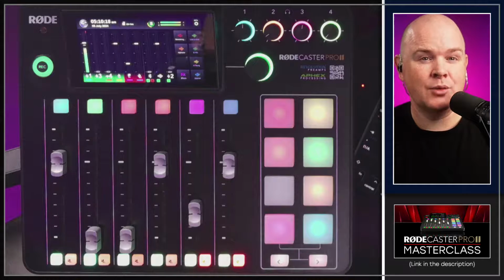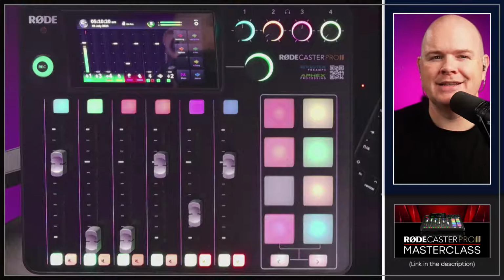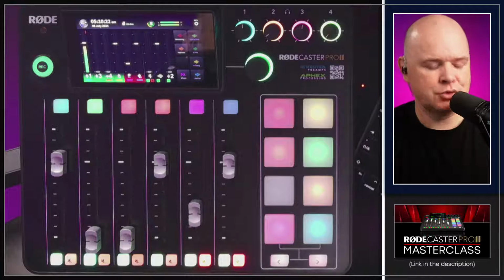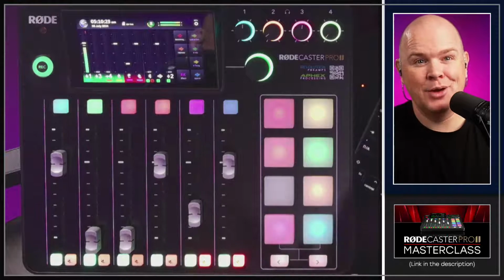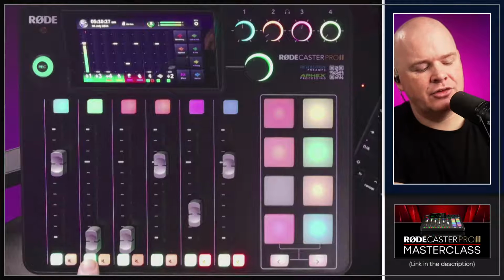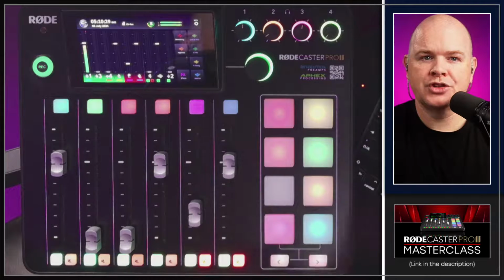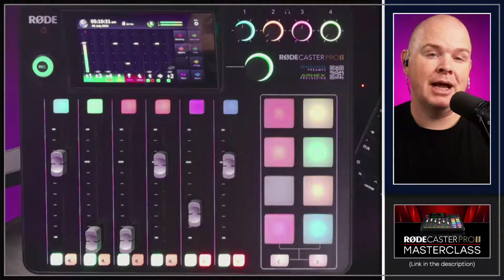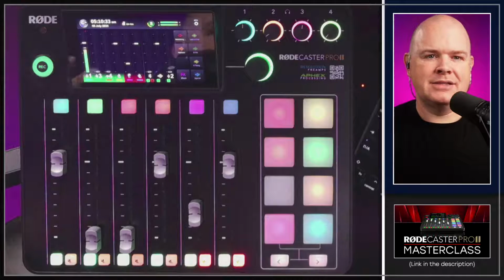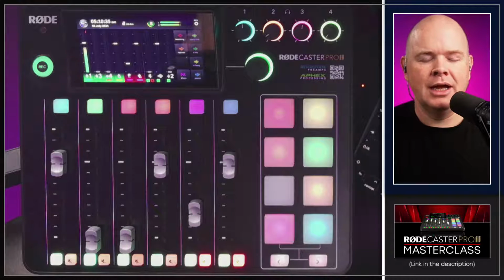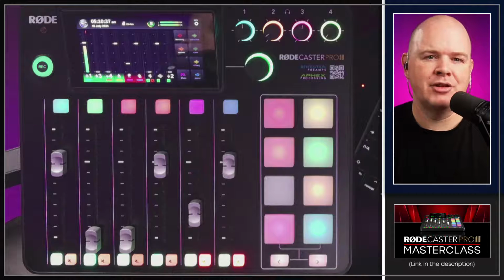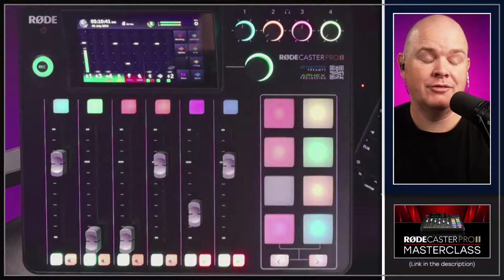Well, if you select multiple of those green listen buttons, you're basically hearing all of the ones that you have selected. So the way that I use this, because I'm not really needing to isolate individual tracks ever really for the way that I use this, I actually just have these green listen buttons on for all channels all of the time. And what that means is I'm hearing everything as I should do, but also at the moment, everything would be going out into the mix,